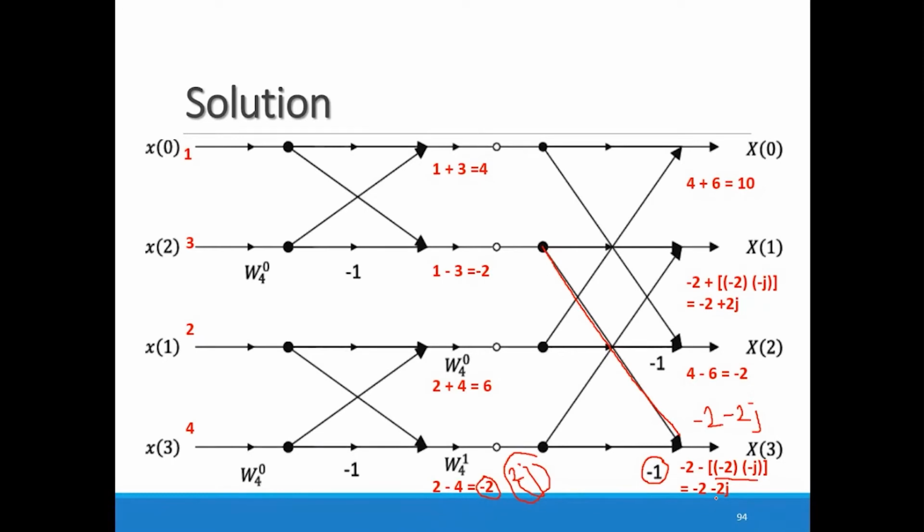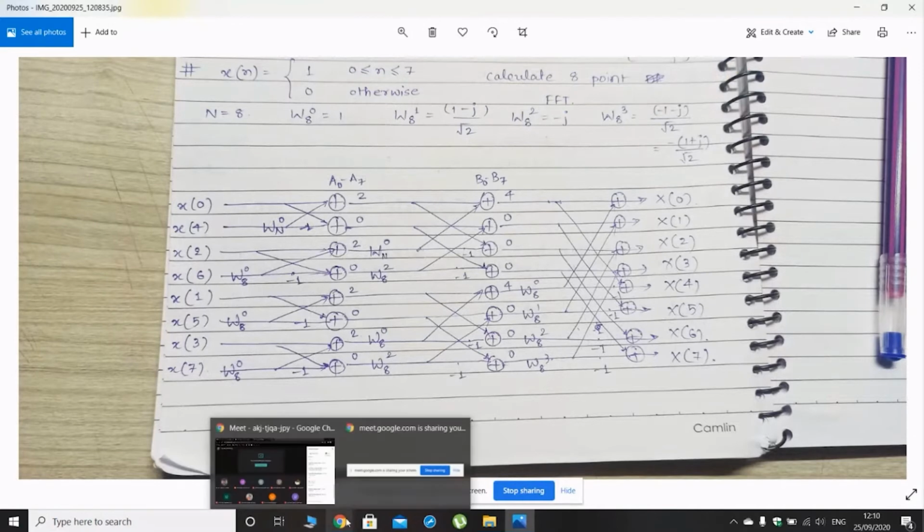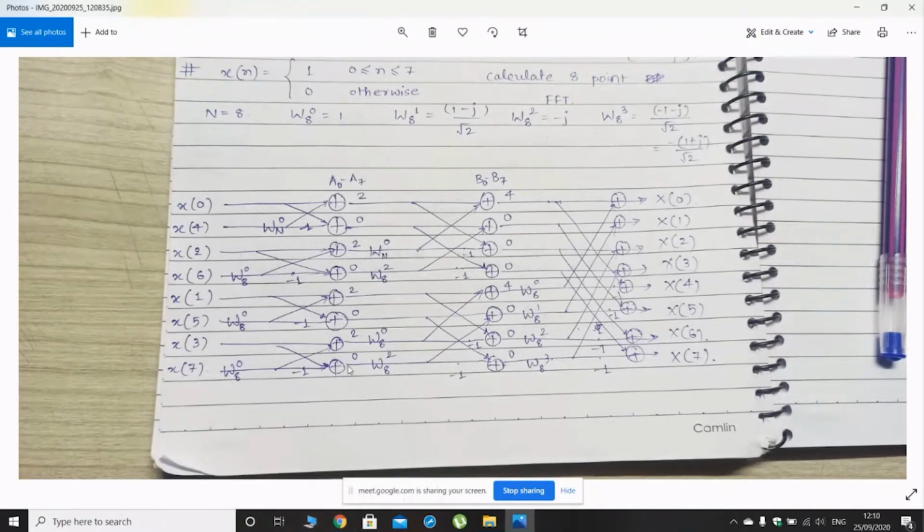Okay, now go for the example, that is x of n is equal to 1 for the values of n from 0 to 7, and for the remaining the values are 0. Try to find out the solution using this particular method only. Let me explain to the others also. As omega at 0 has value 1, you have to calculate omega at 1, omega at 2, omega at 3. Here you require these 4 values.